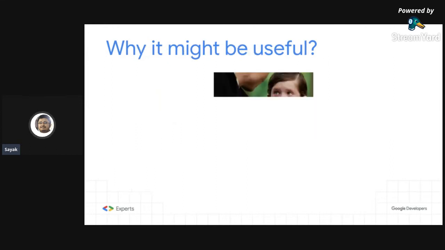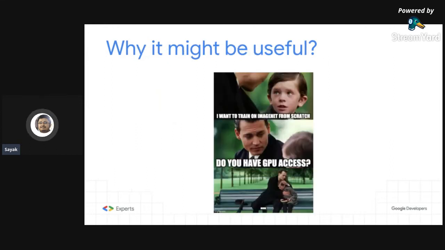So that's about it. So why TensorFlow Hub might be useful? This is just one of the scenarios where TensorFlow Hub might be useful. I'll be also discussing some of the other scenarios, but this is one of the things that really interests me personally about TensorFlow Hub, that is the ability to use state-of-the-art models right away in my own tasks.